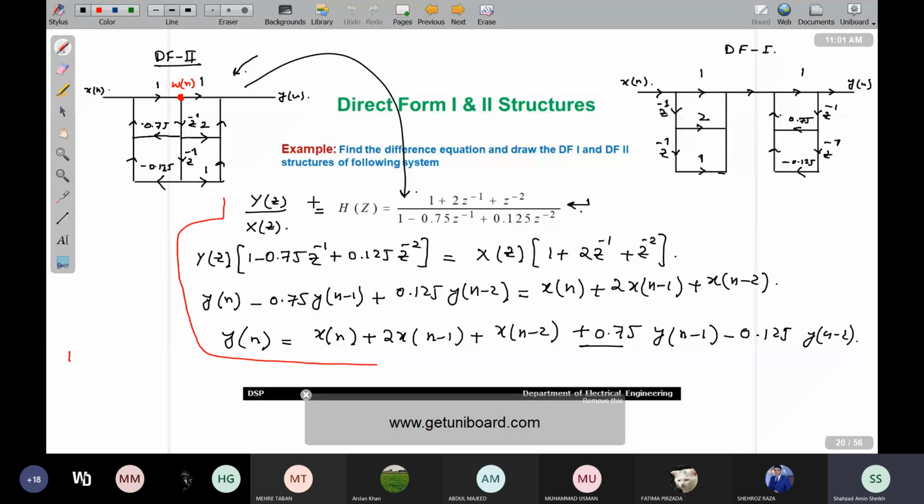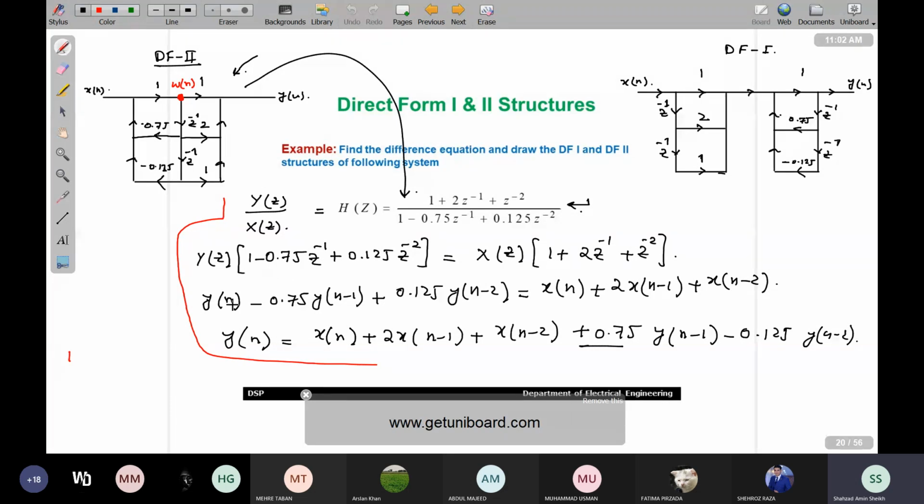So now the question is that find the difference equation and draw the DF1 and DF2 structures of the following. So initially आप पहले find out करें difference equation. So you must be able to get the difference equation from the transfer function. So अभी थोड़ी देर पहले भी हमने किया है that H of z is in fact Y of z over X of z, and that's equal to this transfer function, and Y of z will be multiplied with the denominator and X of z will be multiplied with the numerator, and then you will be taking the inverse z transform